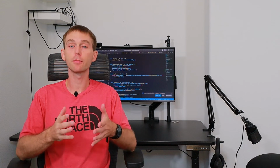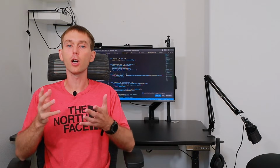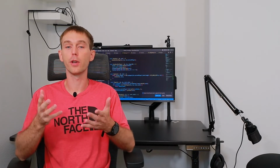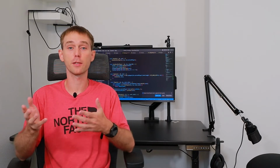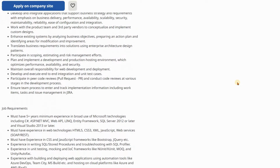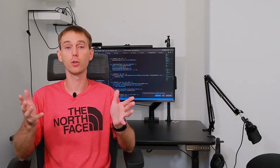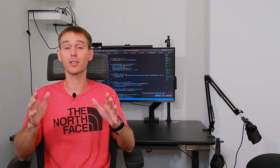The best programming language for interviews is the one that you know best, but there is a caveat. Not all companies allow you to do the interview in the language of your choice. For example, if you're applying for a C# developer position, it's most likely that they want you to know C#. Yes, there are exceptions. If you're just too good in whatever you're doing and your resume is great, then it's